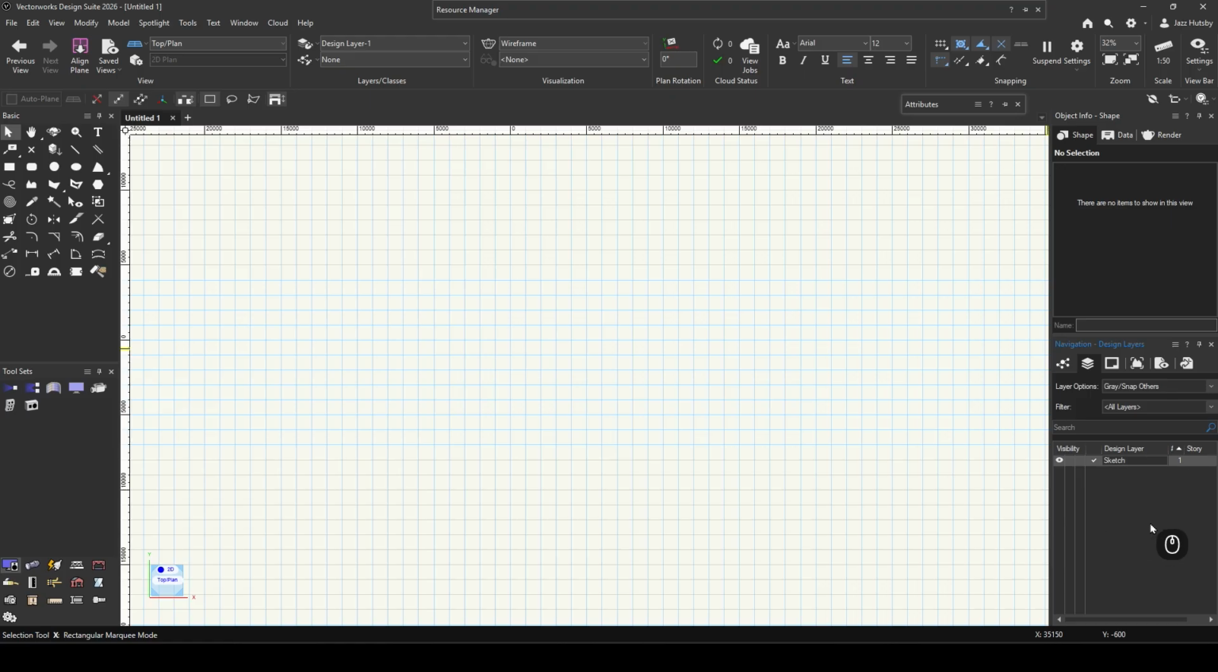Sketch. So, I don't know why my key presses have disappeared, but they have. How wonderful. Now, if I want to create a new design, so I want to create my set design layer,